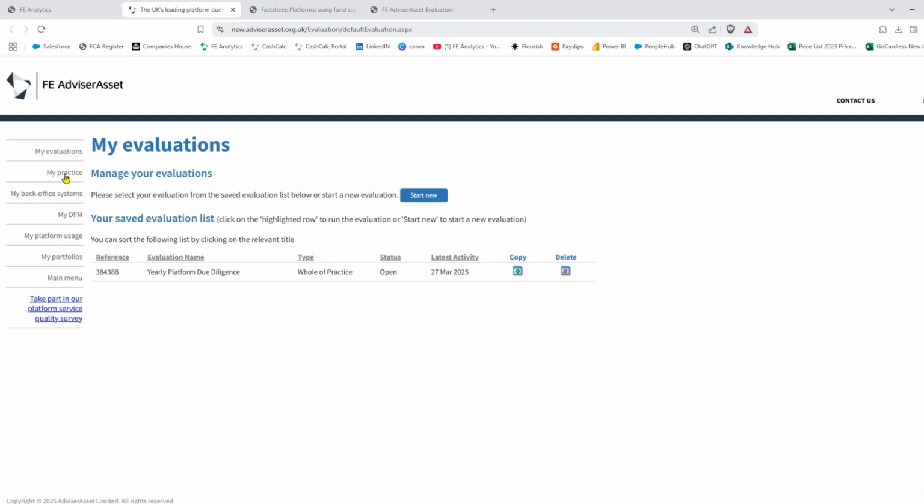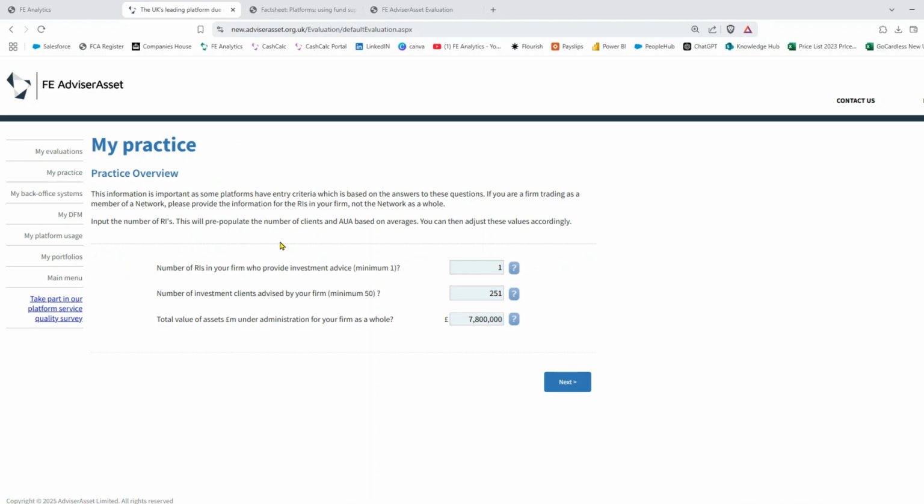You'll notice on the left-hand side that the features are slightly different now. The settings are different, and this is because obviously it's no longer relevant to the actual charges of the platform. It's now relating to the evaluation you're going to be running across all of the different platforms as part of your due diligence. So you just need to complete this before you do any evaluations, and it only takes a couple of minutes. Tell the system a bit about your practice, how many advisors there are in the firm, how many